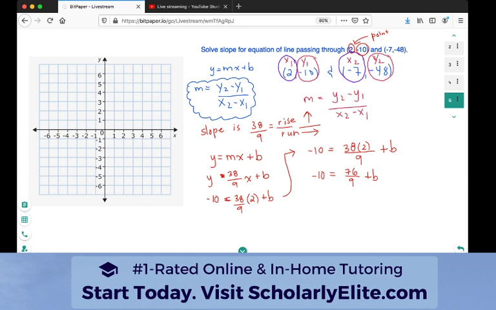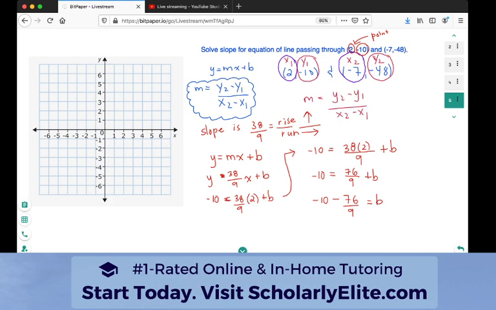Okay, so first I'm going to ask myself, can I reduce this in any way, or can I multiply everything by 9? First I'm going to see if I can reduce this fraction. If I've got 76 divided by 9, I'm assuming that it might be reducible, but it might also not be. Let's just take a look here. No, so we cannot reduce that. So what I'm going to do is just isolate for b now. So we're going to go ahead and say negative 10 equals, move this over, negative 10 minus 76 over 9